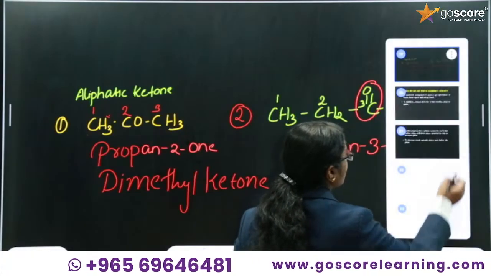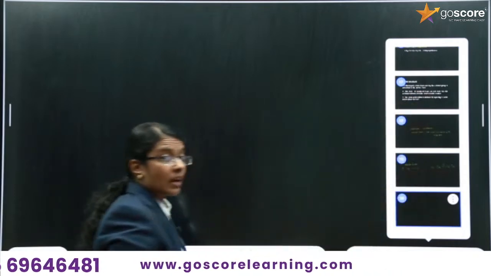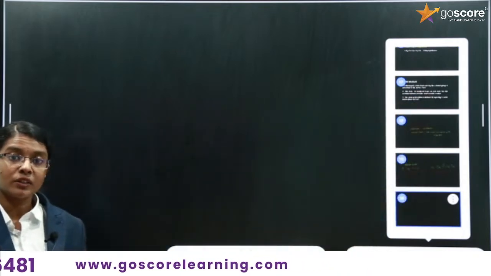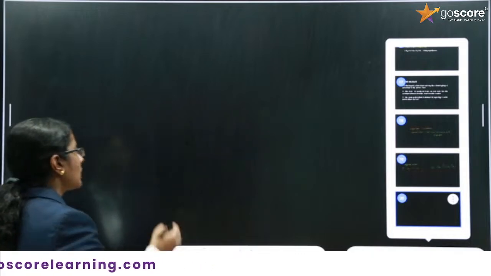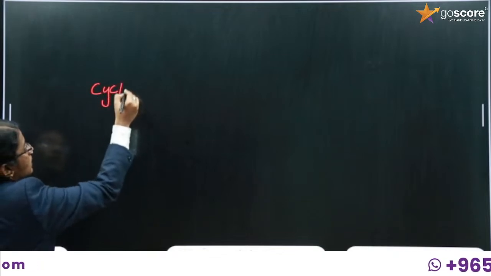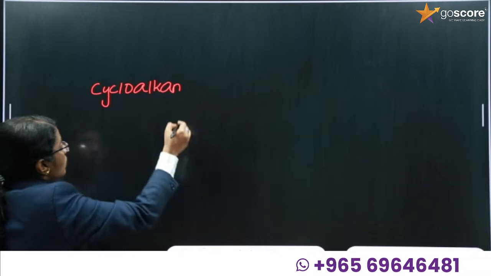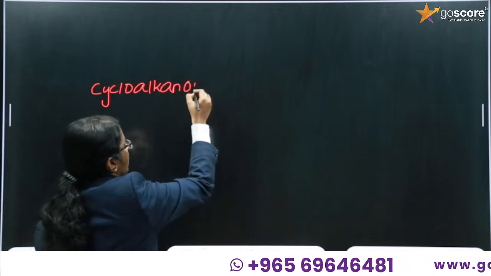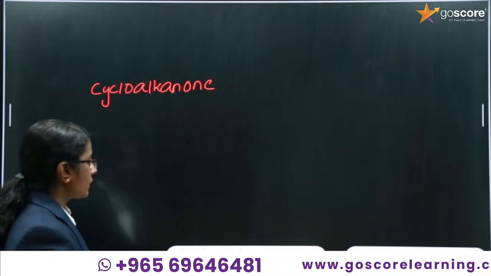So this is the nomenclature of simple ketones. For simple ketones, we use the IUPAC name alkanone. If it is an alicyclic ketone, the naming will be cycloalkanone. Then tell me